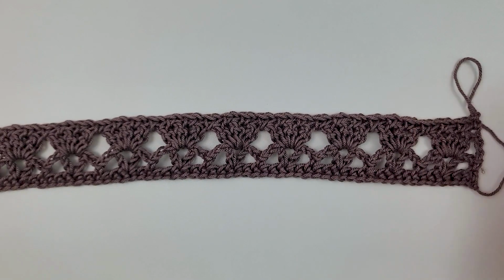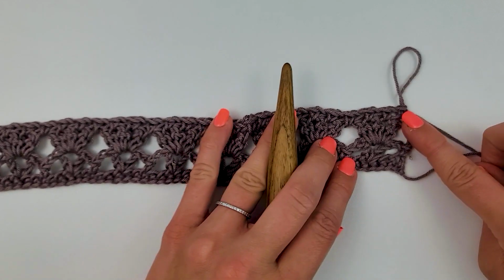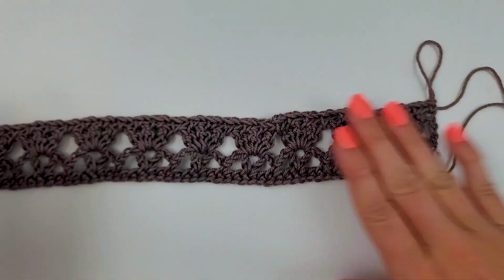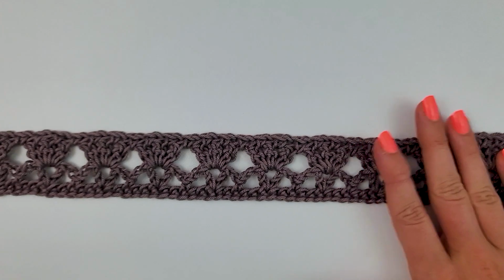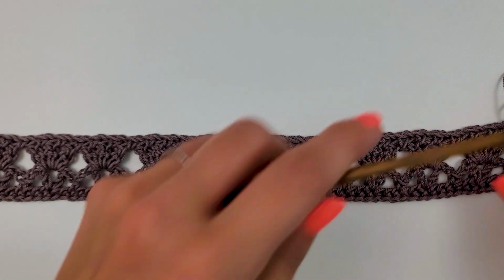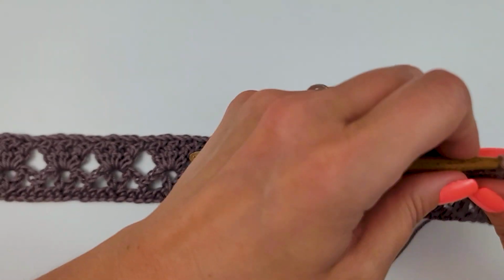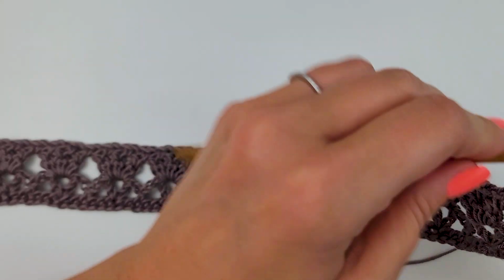I have completed row 4. I did my last single crochet at the top of the chain 4 that we started row 3 with. Here's what it looks like. And we're ready to start row 5. So for row 5, it says to chain 3, and it counts as a double crochet. We're going to turn our work,